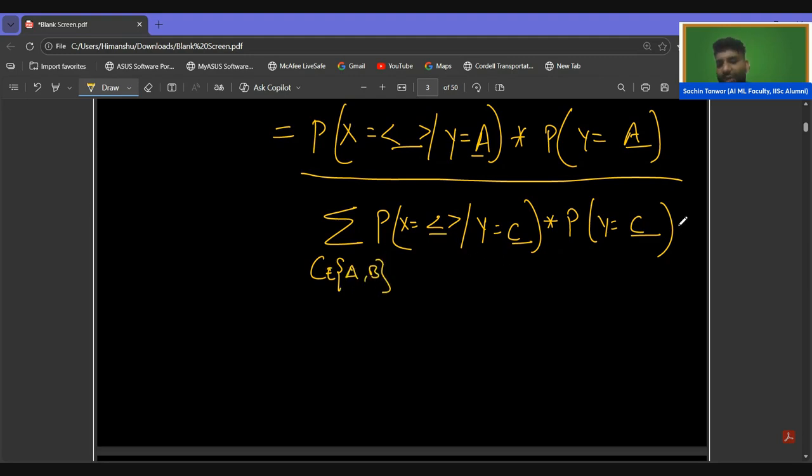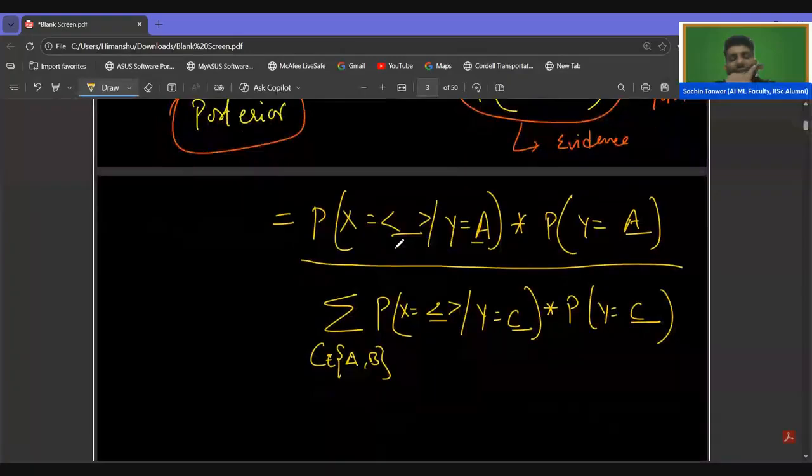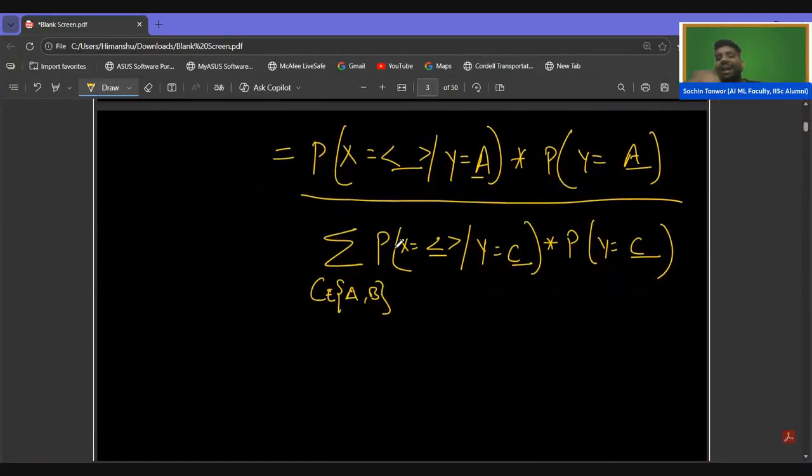One time I'll calculate this for A, one time I'll calculate for B, and then I will add it up. So this is the idea, the way we generally use Bayes theorem. Okay, so this entire idea is clear. Now, to form the basis of